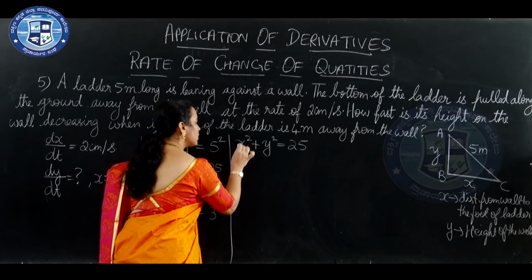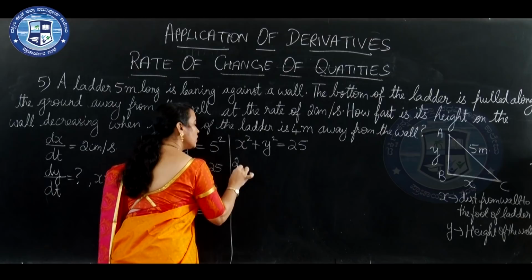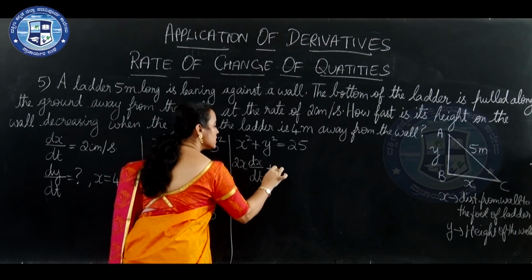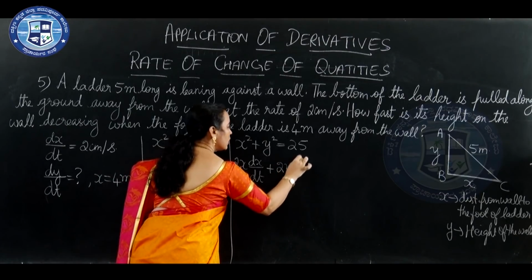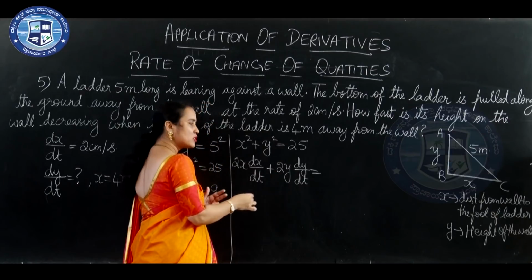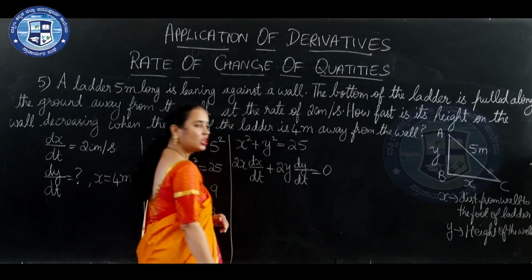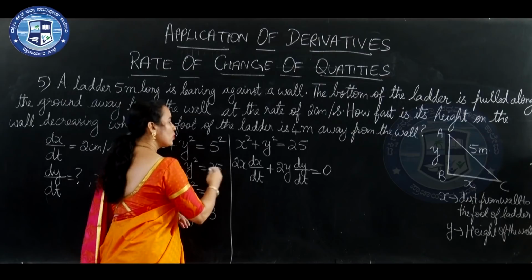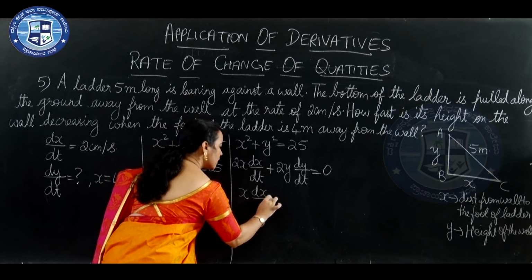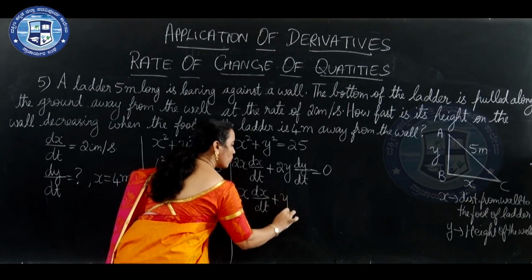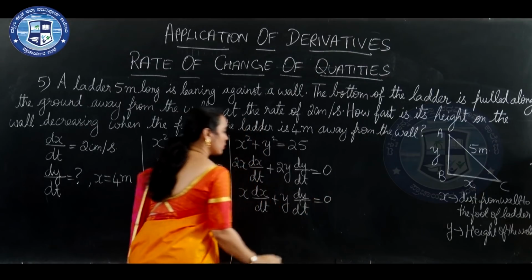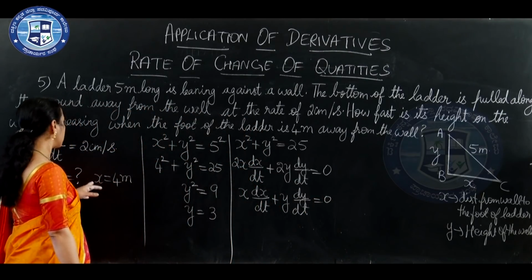So, differentiate, the power will come down, 2x dx by dt plus 2y dy by dt is equal to 0, since 25 is a constant. When you differentiate, you will get 0. Throughout divide by 2, so the equation becomes x dx by dt plus y dy by dt is equal to 0. Substitute, x is 4,